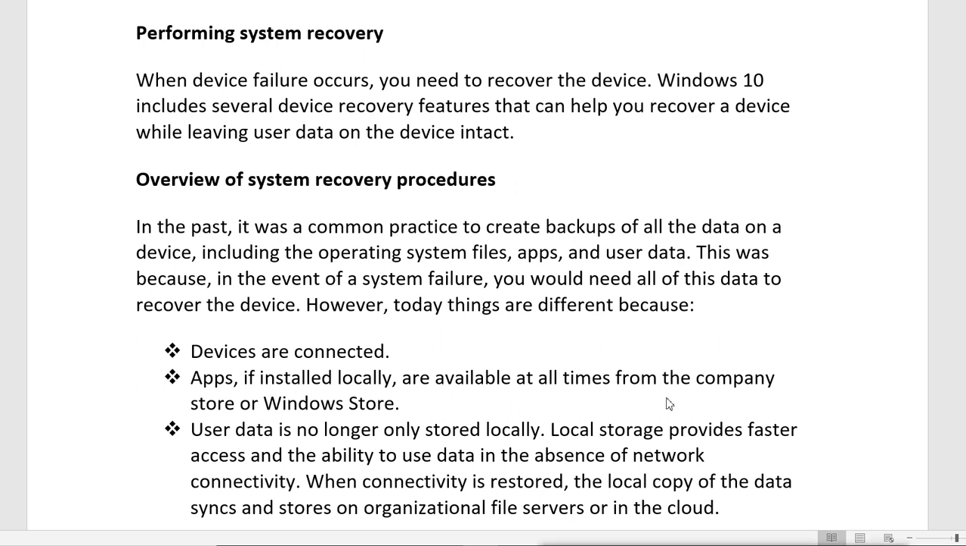Performing system recovery. When device failure occurs, you need to recover the device. Windows 10 includes several device recovery features that can help you recover a device while leaving your user data on the device intact. Basically, when we have a problem in the device and our device goes corrupt, the main